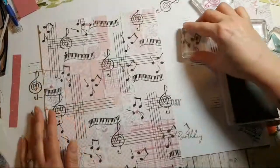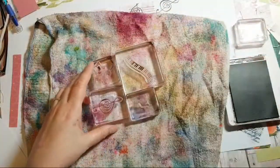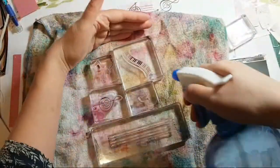There we go. Right, I'm just going to clean my stamps off. I've just got some water here. I don't know, my cleaner's around somewhere, but